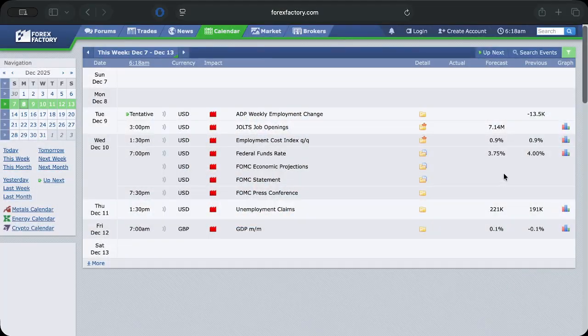So without wasting much time, let's jump into the charts. Let's look at Forex Factory. Today is a Monday, so as expected, usually on Monday it's a low volume, low volatility day. There is usually no economic news, so as you can see, we do not have anything. And then looking ahead, Tuesday there is a bit of news at 3 p.m.